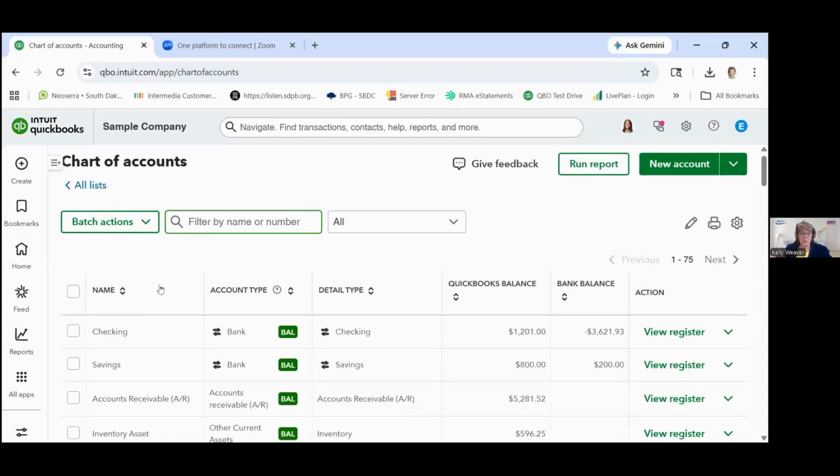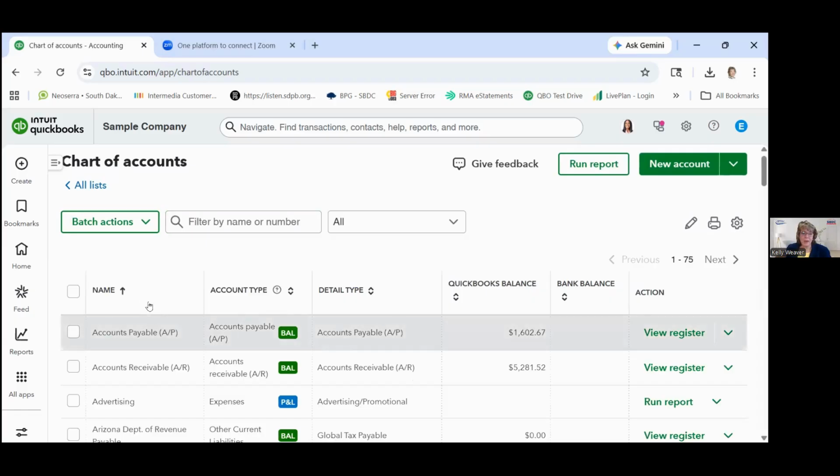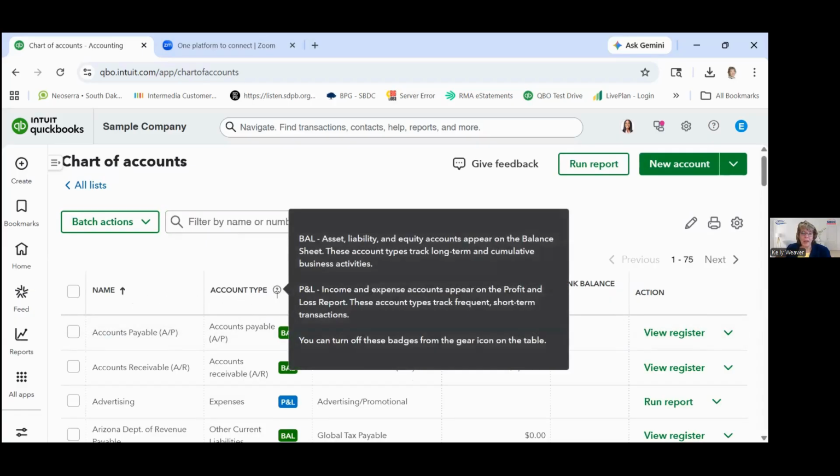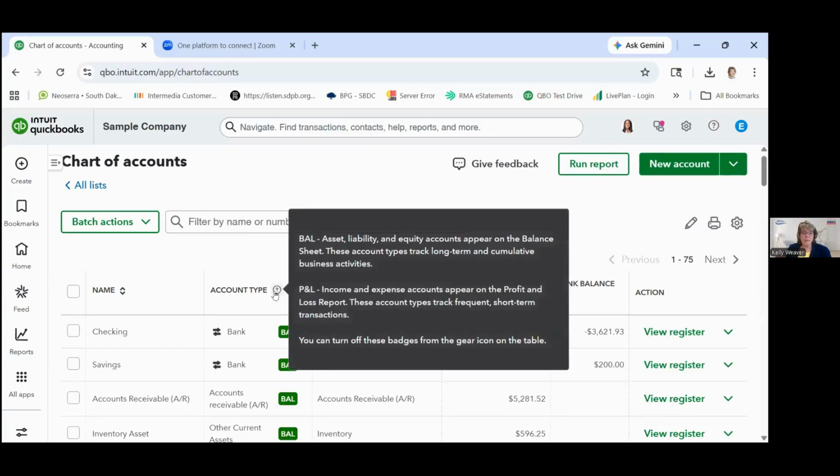Otherwise, just be aware that this entire list is in an organized way. You may not see it at the top, at front. It might not make sense. It's not organized alphabetically, although you can do that just by clicking that arrow up and down. But it is organized by account type primarily, so here's a good hint right here on this question mark. The first accounts are on your balance sheet, your assets, your liabilities, and your equity account. What you own, what you owe, and what your equity in the business is based on that. Assets minus liabilities equal equity.